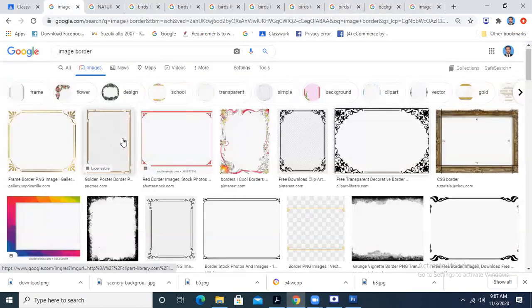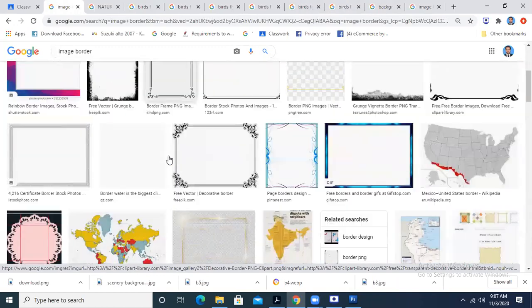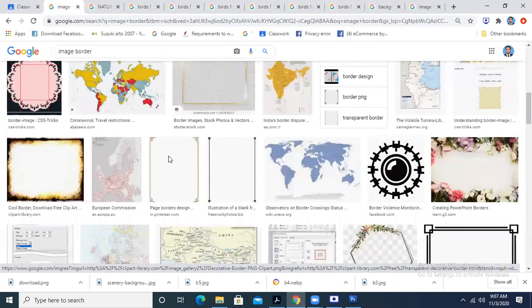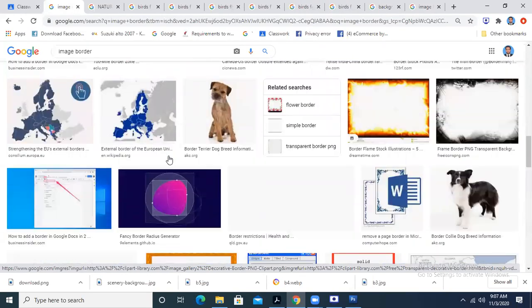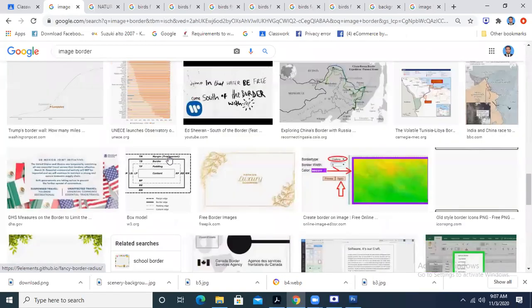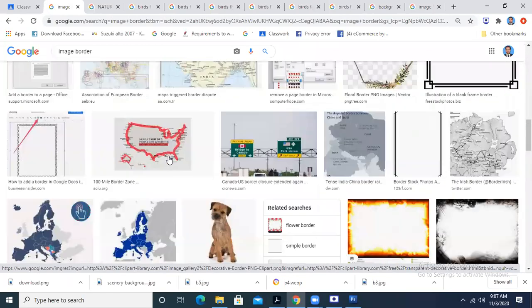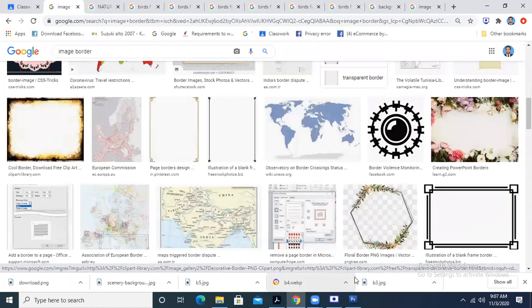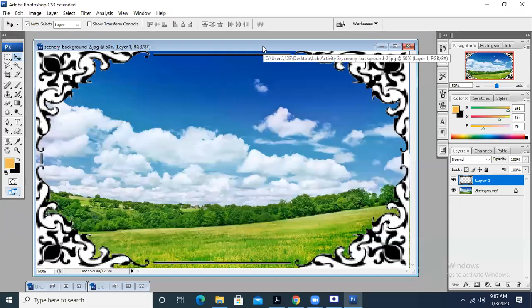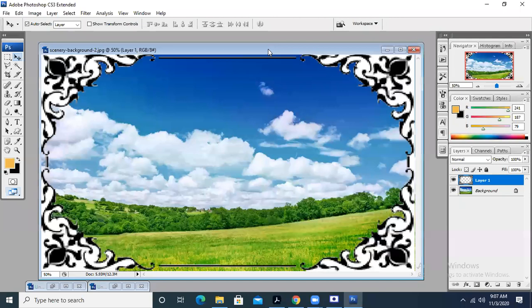So whatever border you are using, it depends on what kind of pixels are there. If the image is of low quality, then definitely you are not going to have a very good impression of the image. Just like in this image, you can see that we have applied the border, but the border is not looking that good because the pixels are broken, and it is not giving a good impression.